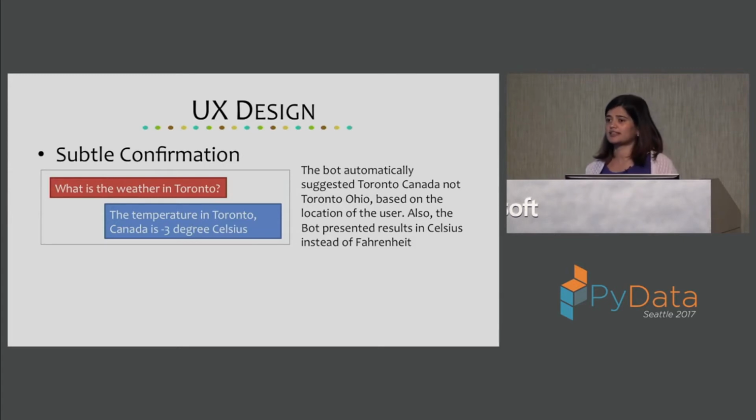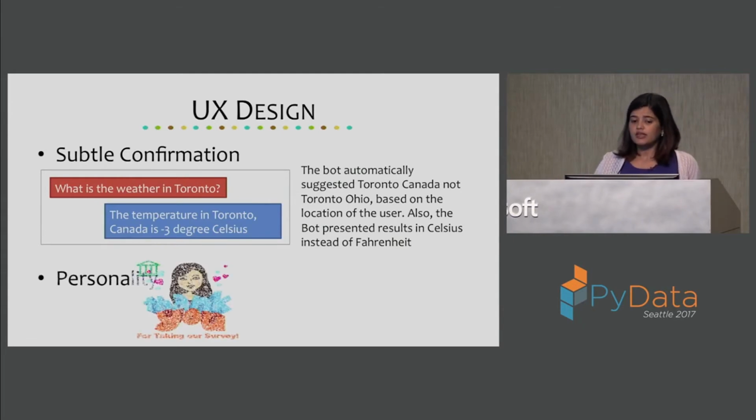Now the user can come back and say, oh, that's not the Toronto that I was looking for, in which case your chatbot can switch it up again and tell you the temperature in degrees Fahrenheit for that specific location. And this is a simple example, but it shows how a chatbot can be customized so much to not only appear human, but not keep asking questions, but just present information and leave it up to the user to interpret what they want to. Personality.